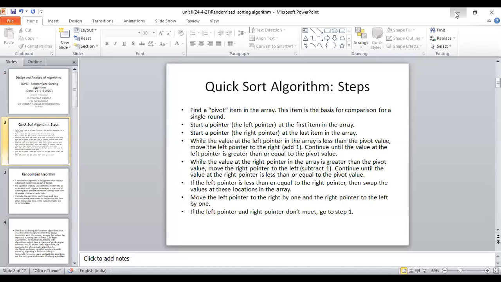The solution is the use of a randomizer. We are using the randomizer in the randomized quicksort algorithm, randomly taking an element out of the list of elements.